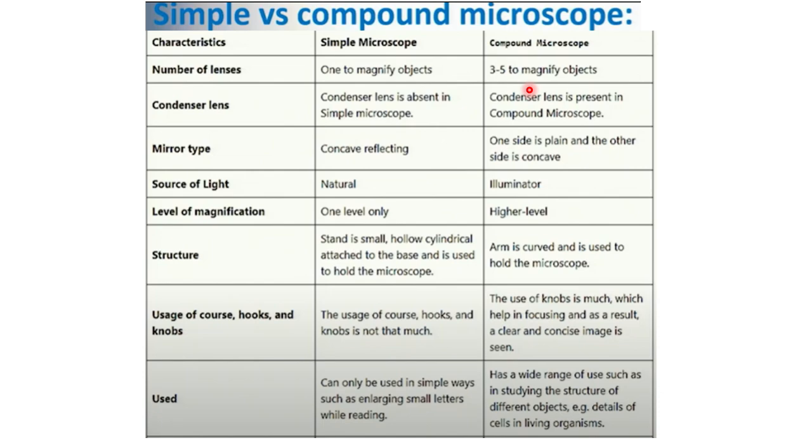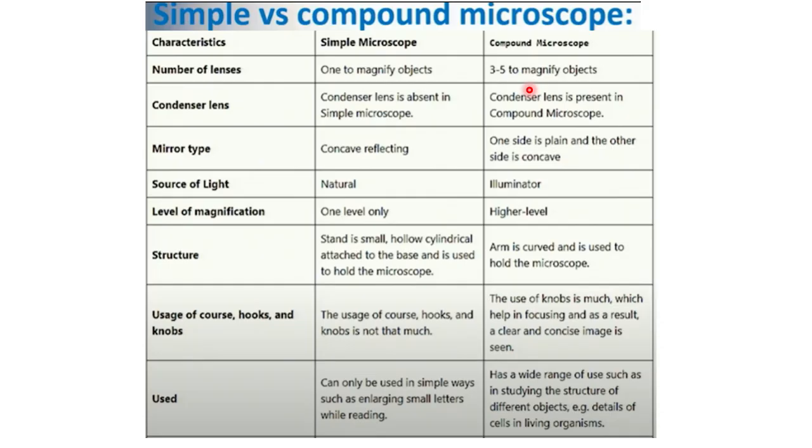The mirror used in a simple microscope is concave reflecting, and in a compound microscope, one side is plane and the other side is concave. The light source used in a simple microscope is simple natural visible light, but for a compound microscope you need an